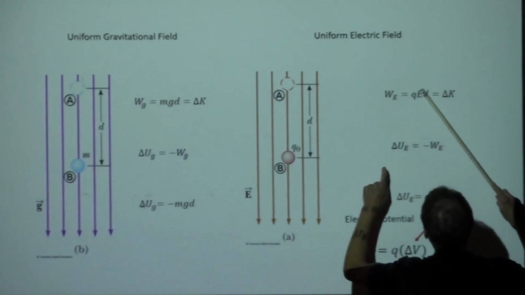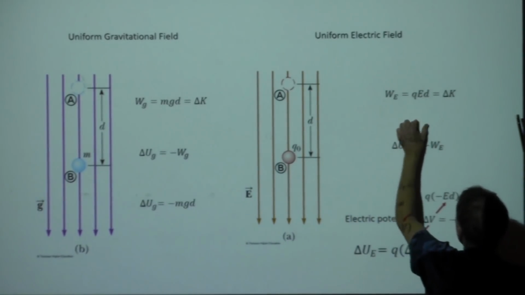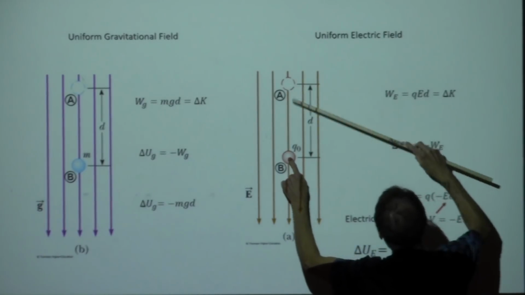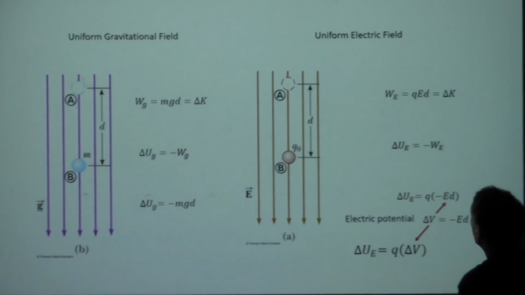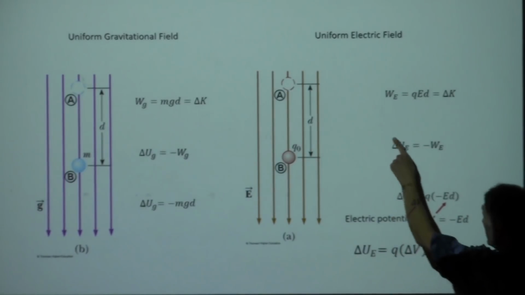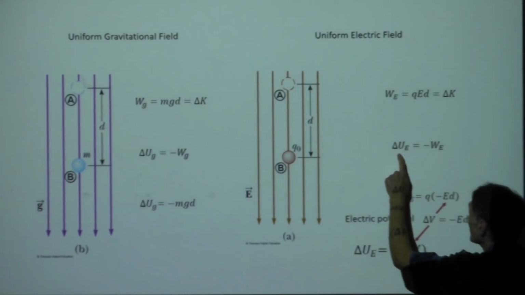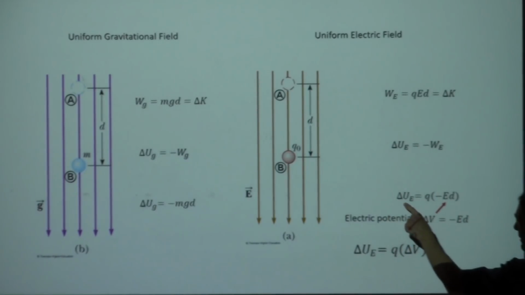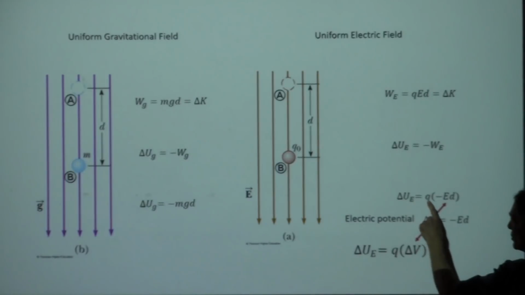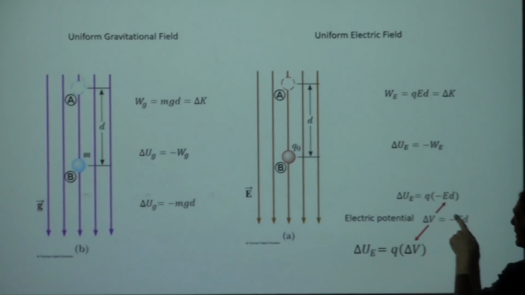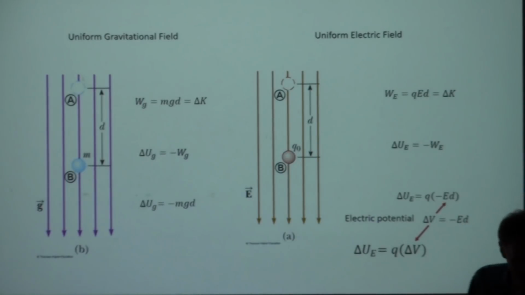The electric force is going to be Q times E. That force times the distance is going to be the change in the kinetic energy as it drops. From this definition of the change in potential energy as minus the work done, this is where we end up with the change in the potential energy being Q times minus E times D. This is just a simplification of this idea